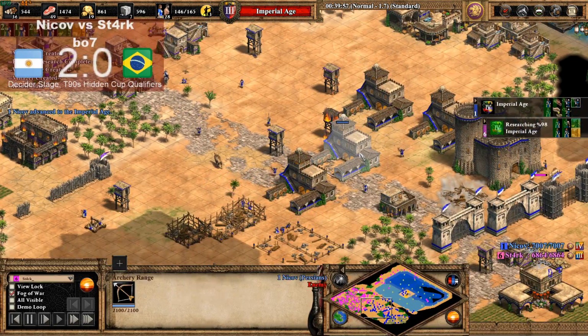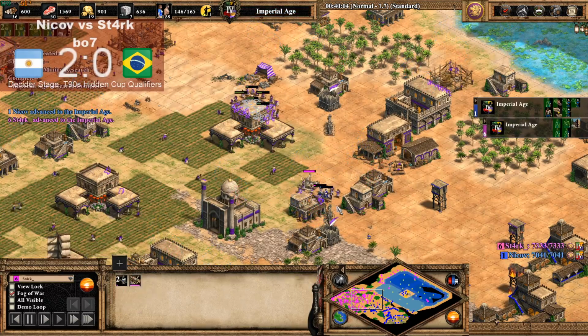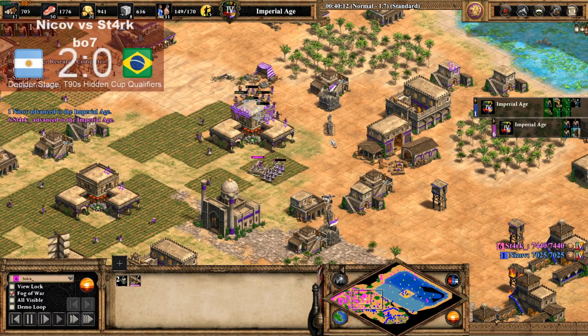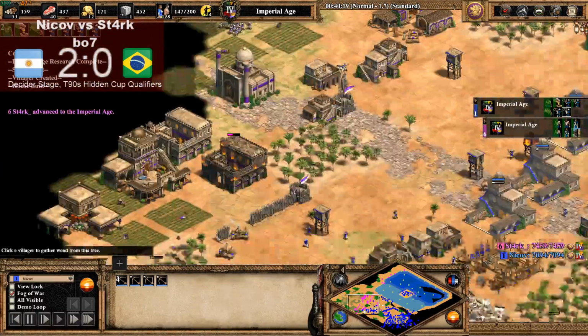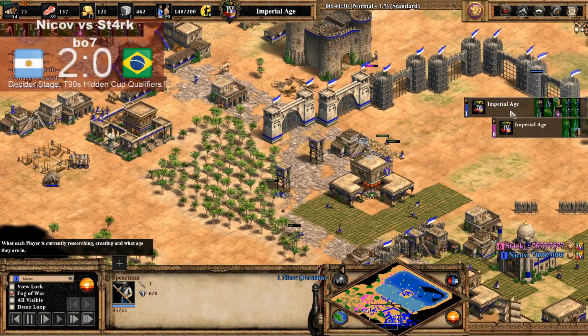Nicov advanced to the Imperial Age. Stark still went for the pikeman upgrade, which is a reasonable choice. I like it actually. And for archery range, crossbow production starting. And I'm presuming Nicov will... He has a spearman already out on the field. Queue up 5 in a short moment,